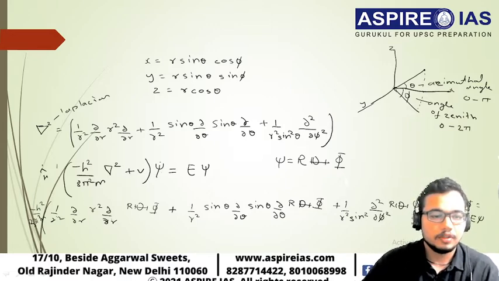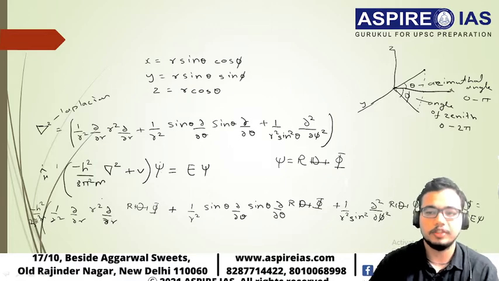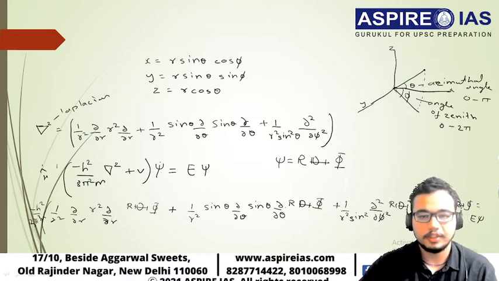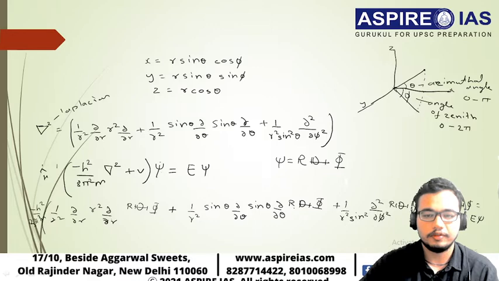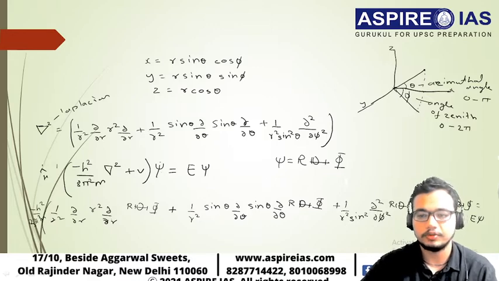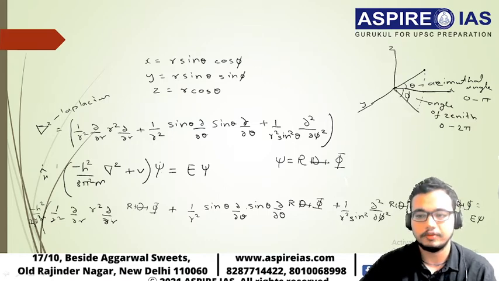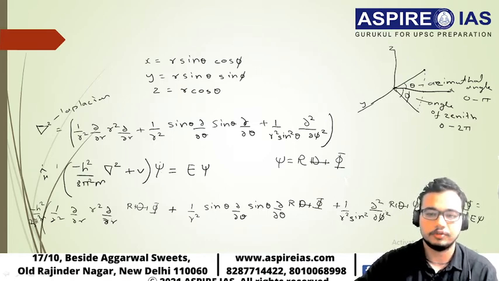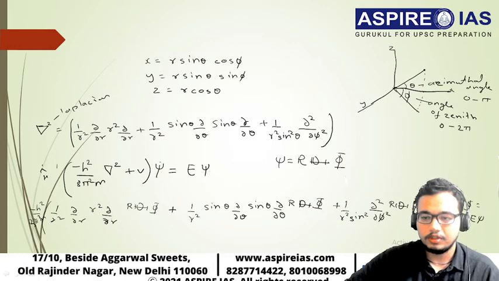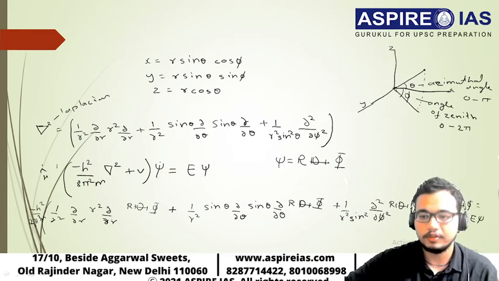Now all these are partial differentials, so theta and phi those will not be differentiated and they will become common. Similarly, in del by del theta, phi and r will not be differentiated, they will come out as constants. And similarly here only phi will be differentiated and r and theta will be coming out as constant. So finally we will be dividing the whole equation by R theta phi, so that the constants that we have got, they will get cancelled,